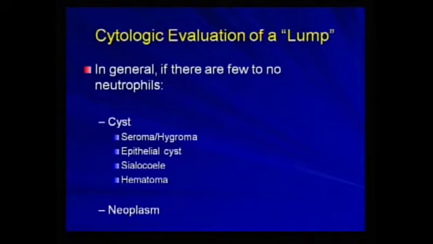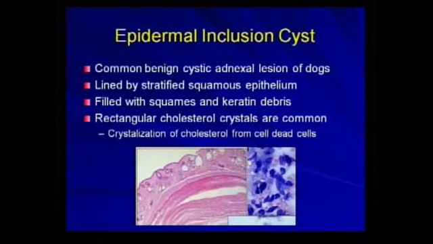Sialoceles, and generally these are in the area of the oral cavity, the head, or the cervical region. And hematomas. Hematomas and seromas can be interchangeable. Over time, hematomas will turn into seromas, so there is a little bit of overlap there. And then neoplasms. I want to start with the